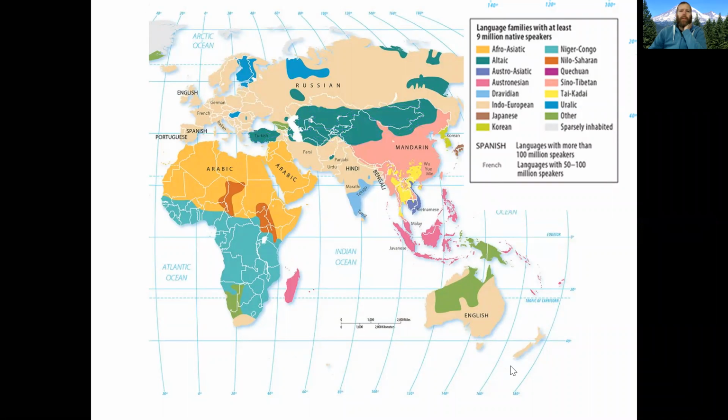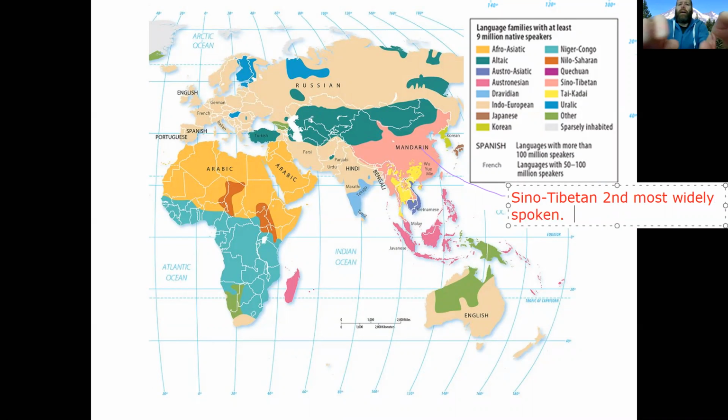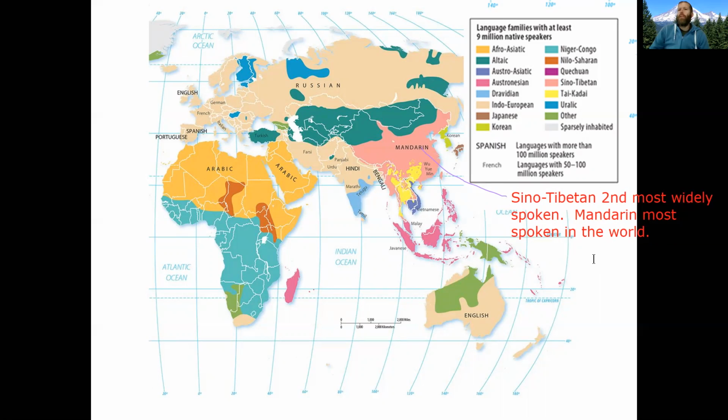Next one to talk about is Sino-Tibetan. And Sino is the prefix for Chinese. I've never known for certain why, but Sino-Tibetan. And so again, Sino means Chinese. And this is the second most widely spoken family. And a Chinese language called Mandarin is the most spoken in the world. So in terms of just one language, within the Sino-Tibetan language family, there's a language called Mandarin. And most Chinese people